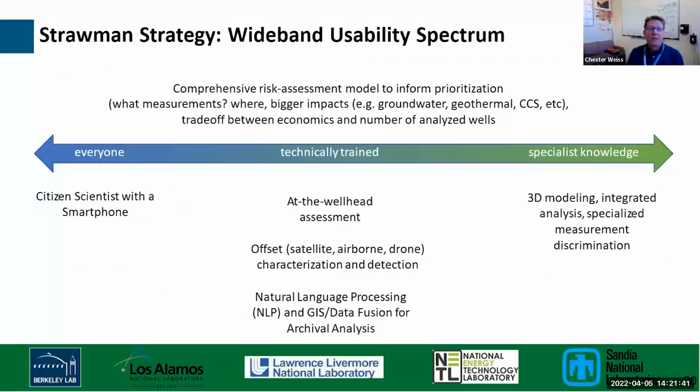And so our straw man strategy is this. It's this wideband usability spectrum where we engage people at every level of technical training or expertise, from the everyperson citizen scientist with a smartphone on one end of the spectrum to the highly skilled and focused PhDs like we have here at the national laboratories who are adept at the 3D modeling, integrated analysis, these kind of more